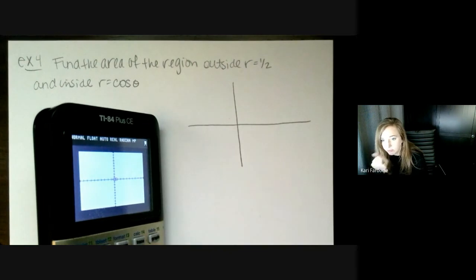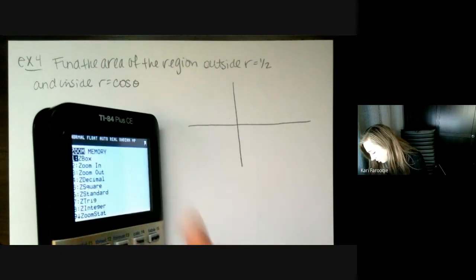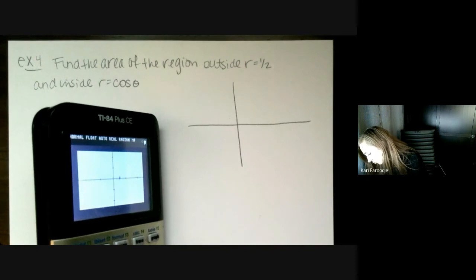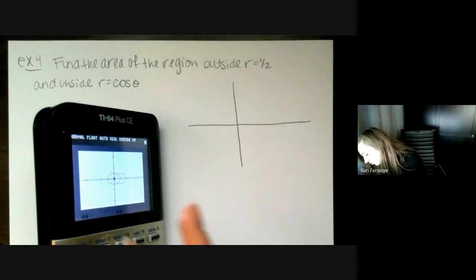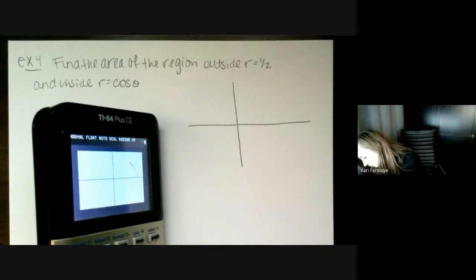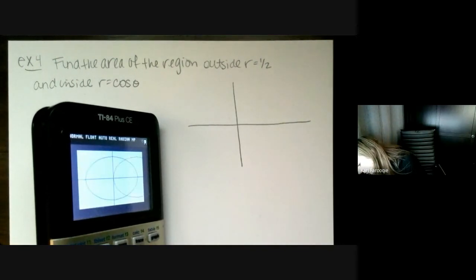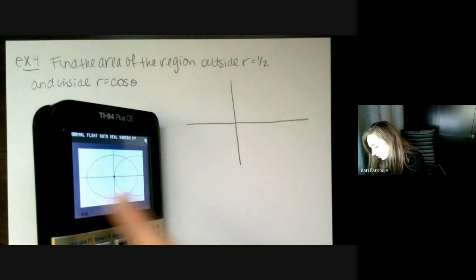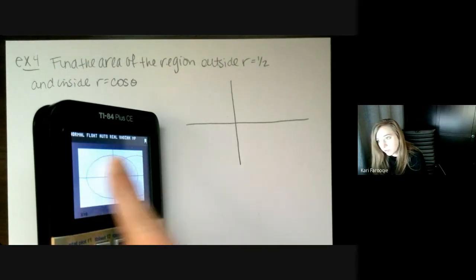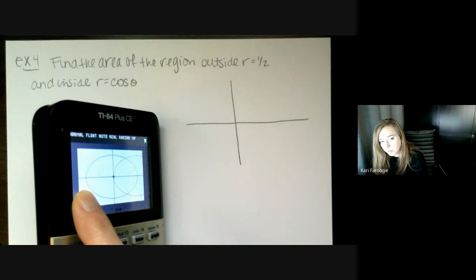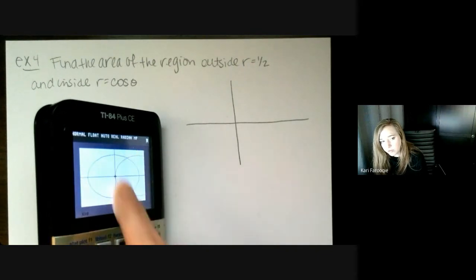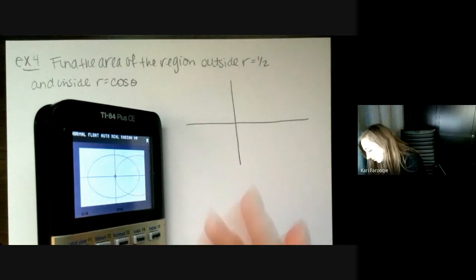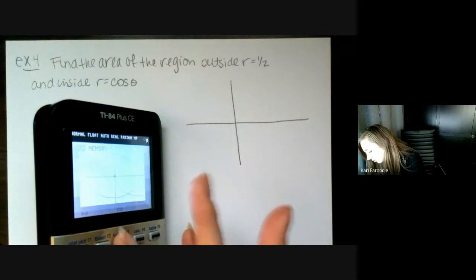Let's go ahead and zoom in. You might as well just zoom into the center, because you might need to even zoom in again. Oh, look at that. Interesting. Crazy, right? This one, r equals 1/2, graphed itself in just one revolution from 0 to pi. The other one took 2 pi. Crazy. I'm going to zoom out again a little bit.